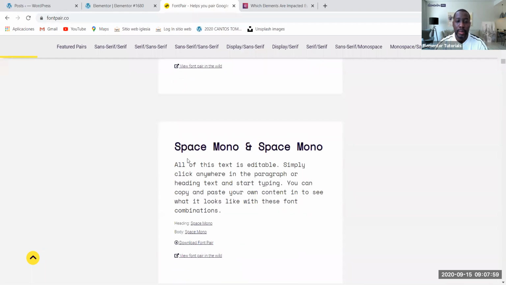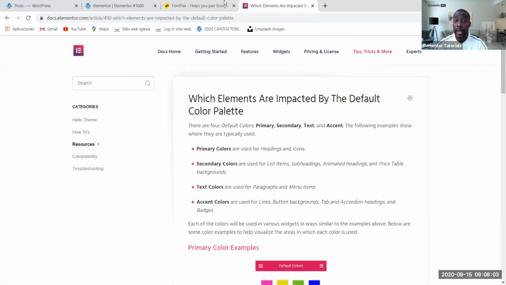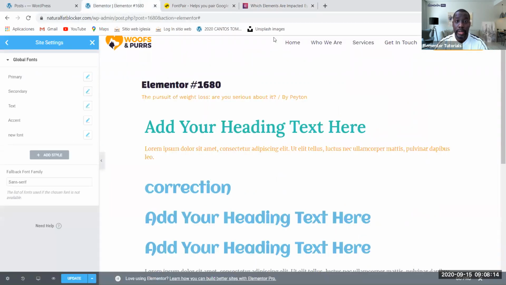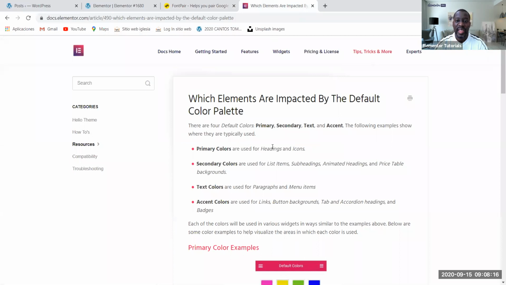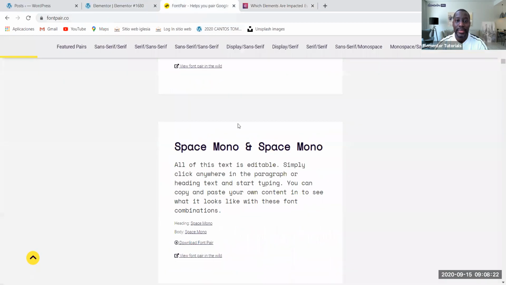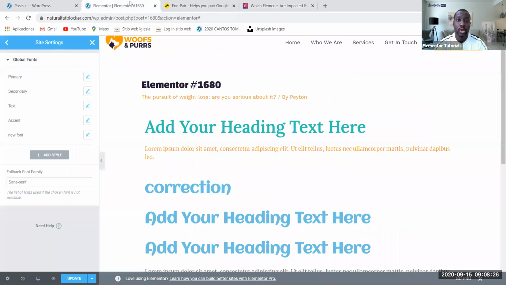I can continue scrolling down. Let's say this one, for example, Space Mono. Following the concept of the colors, the primary color is used for heading and icons. So a primary font is also going to be used for headings and icons. So if I wanted my headings to be like this, Space Mono, what I will do is